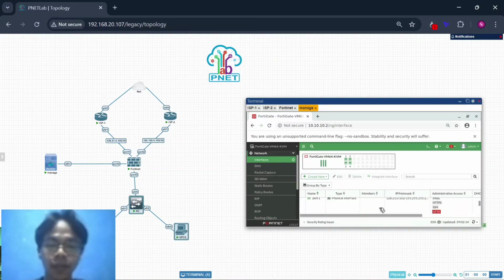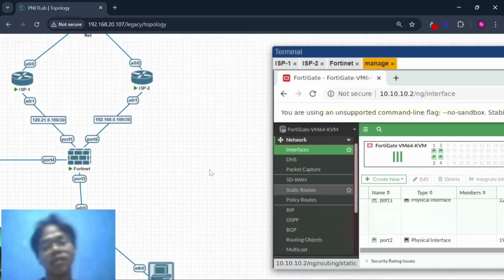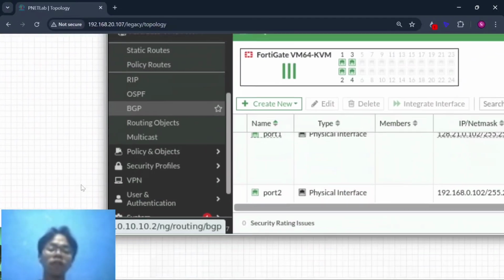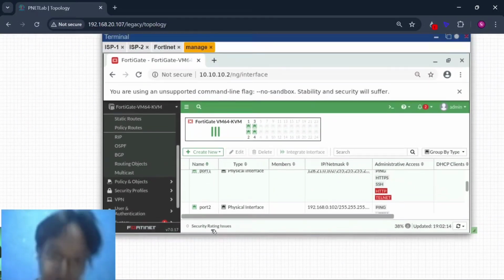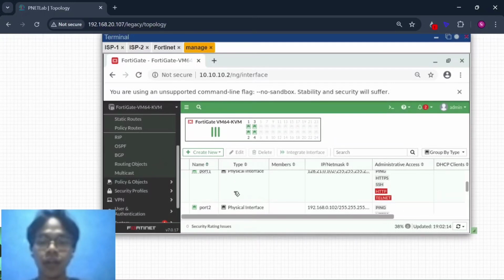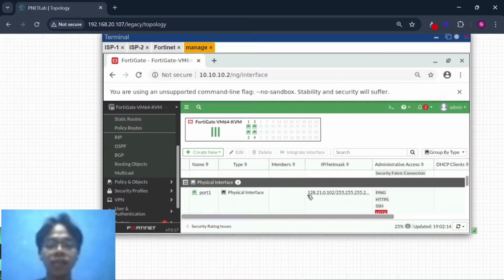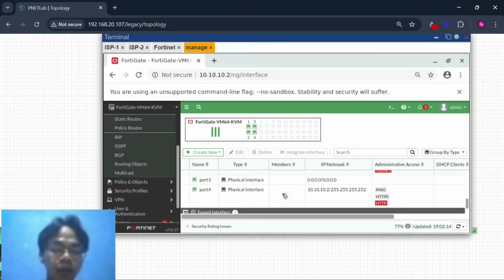It's not smooth, but this is port 1, which I configured before, and this is port 2 and port 4. So for port 3,